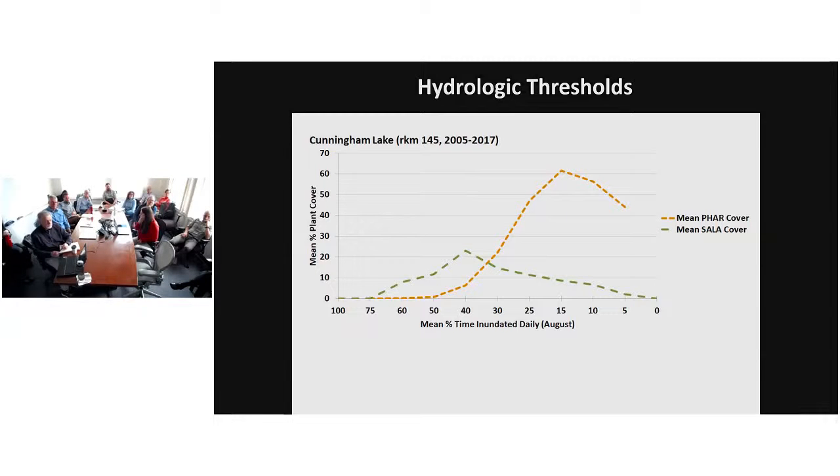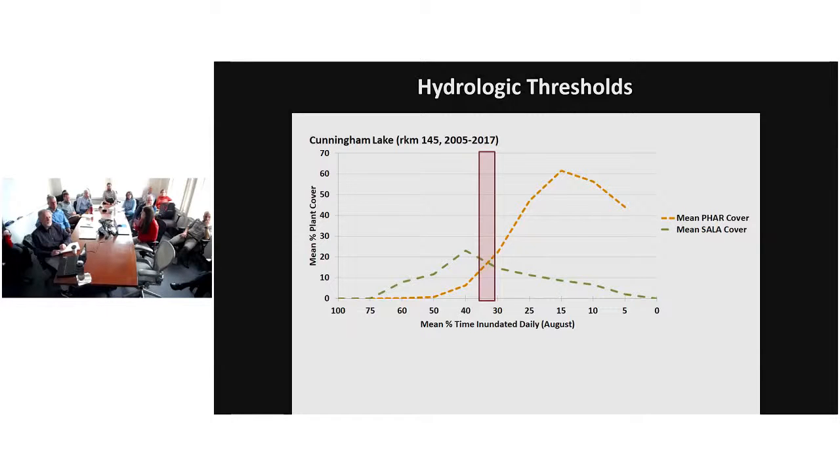So this is Cunningham Lake, and you have mean plant cover on the y-axis, and on the x-axis you have mean percent time inundated in August. And this is an average over 2005 to 2017. And what you see here is for this site, between essentially 35 and 30% of the day, that's like an inundation threshold, where if you get greater than that,